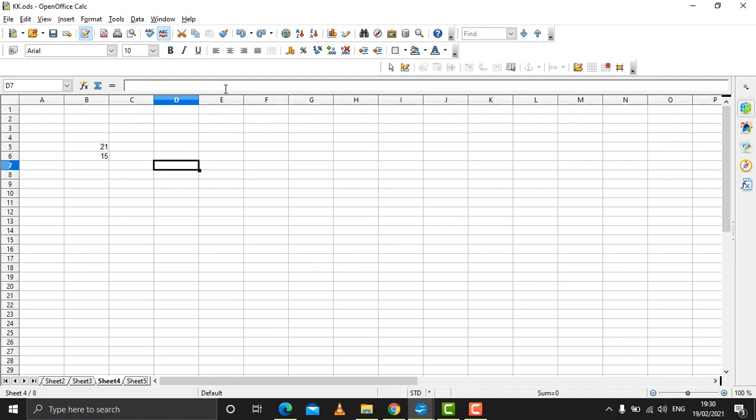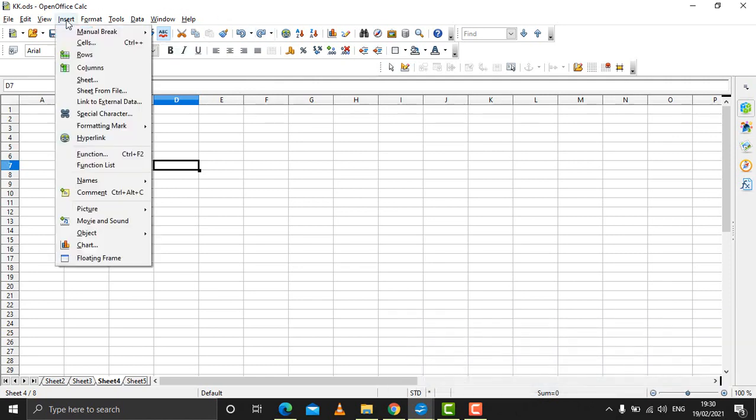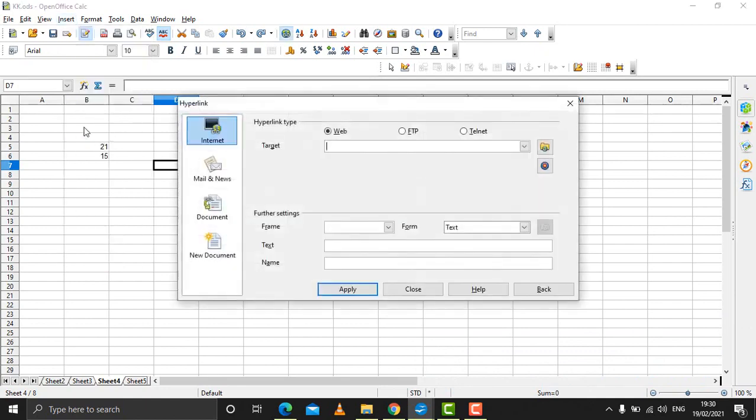For doing so there is a simple method. Click on the Insert menu, click on Hyperlink, and a dialog box appears. If you want to create a hyperlink to a page, so that when you click on it, it diverts you to a browser and a particular page opens up,